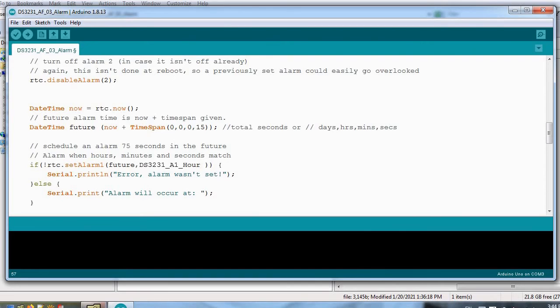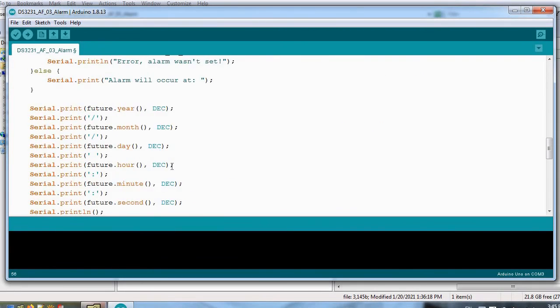So we are adding this time span to the present time so that our alarm will occur properly. For example, we will say 15 seconds, okay? And we are giving this in setup so that it occurs only once. In this example, we are giving it in setup only. After 15 seconds, our alarm should occur.